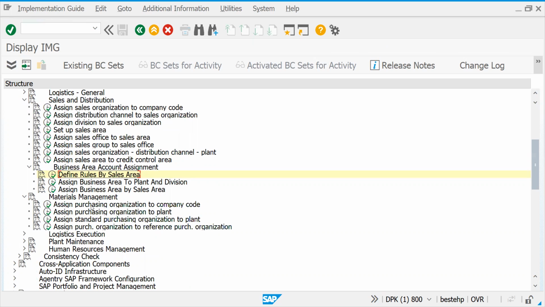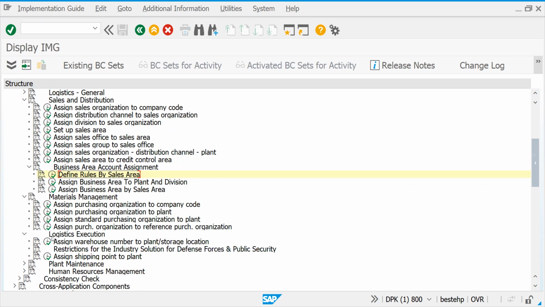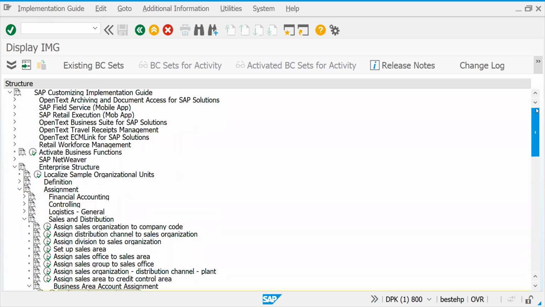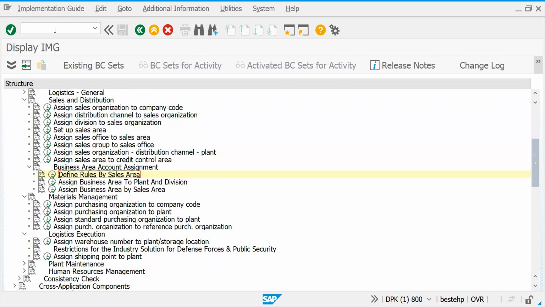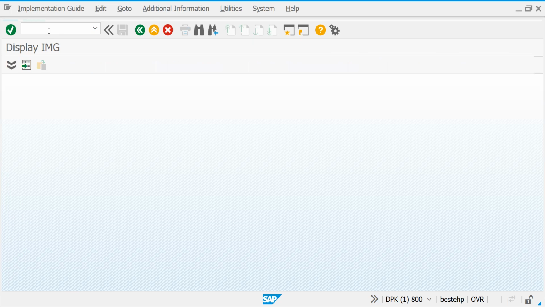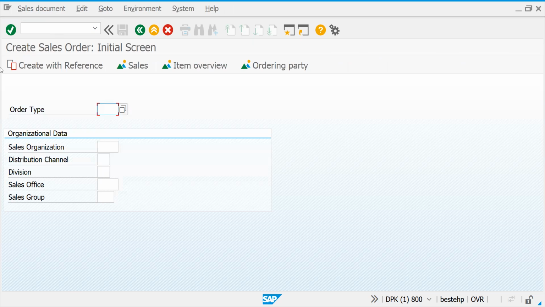As of now, these configurations are not required. In the next session we will see, if required at delivery level, what is shipping point and why we assign it to the plant. These are all our basic assignments we're supposed to do. Okay, let me go back to the sales area, sales order creation.